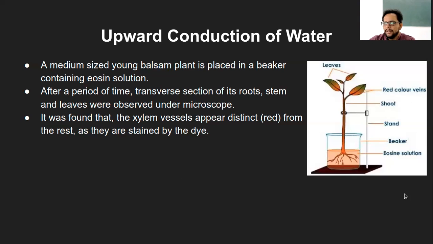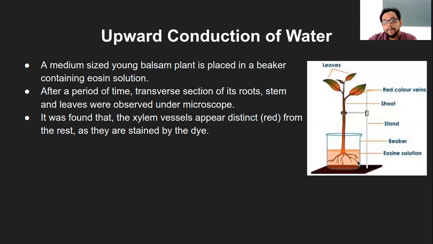Again, here there are quite a few questions being asked. Here you don't need a control specifically because you just want to show the water is moving upward, right? So there you may not have any control as such. You have already proven that water gets absorbed by the roots and moves upward, right? And here to show that upward movement specifically, you have added an eosin dye which is getting moved upward.